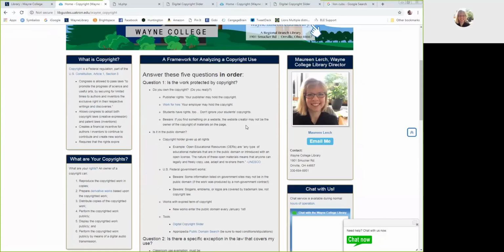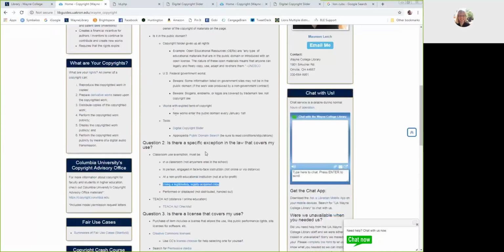So let's say with my students, I wanted to not only read the book, so I'm going to assign them all to read books, and I'll probably buy copies of the books for them, okay? So I'm really not infringing on S.E. Hinton's rights to copyright because I'm actually purchasing the books, okay? And I'm going to have my students read the books, and we'll talk about it. And then later in the semester, or later in the year, we're going to watch the movie together, okay? But since I'm in a face-to-face classroom, that would be under question 2, is there a specific exception in the law that covers my use?